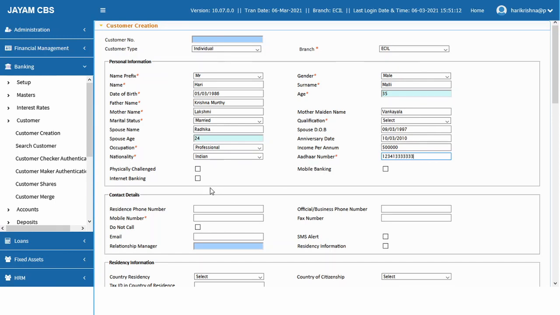I'm giving a dummy number. Whether internet banking is required, yes, mobile banking, yes.